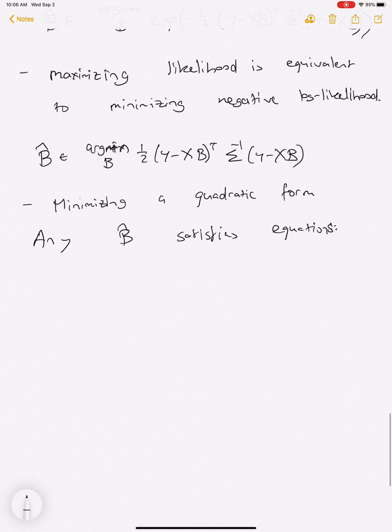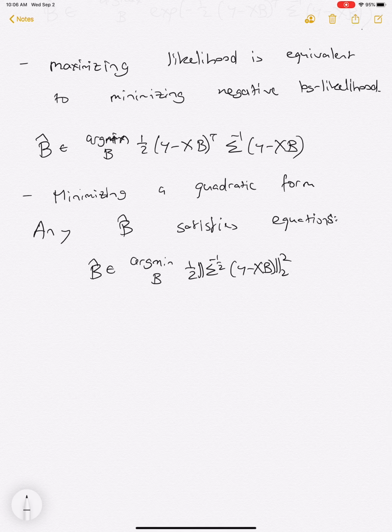If you differentiate and set to 0, you can think about this objective as, we can re-express the objective in this way, and then we take derivatives. You get that